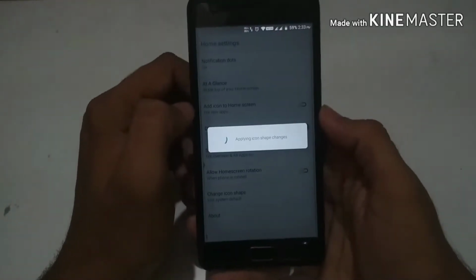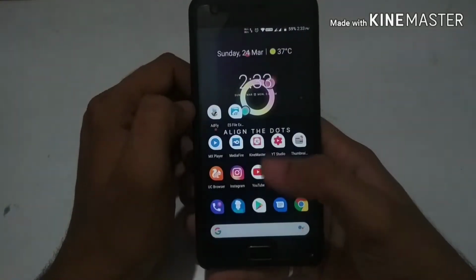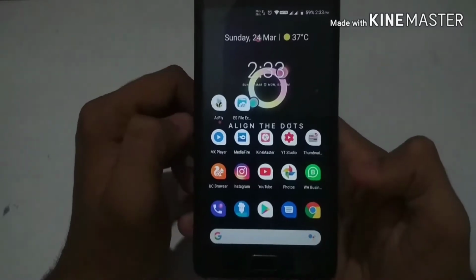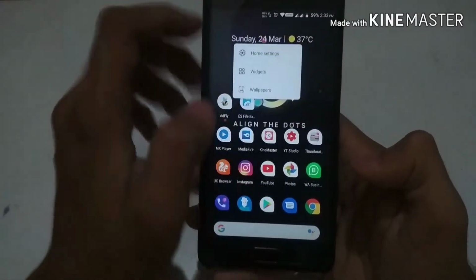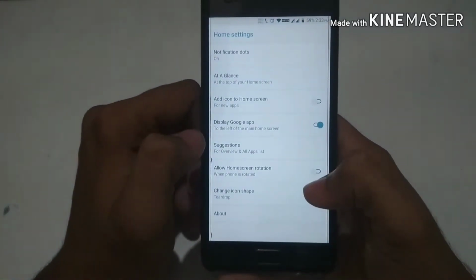So first of all, starting with the home screen UI. As you can see, you can also change the icon shapes by going into home settings and then clicking on the icon shape. As you can see,